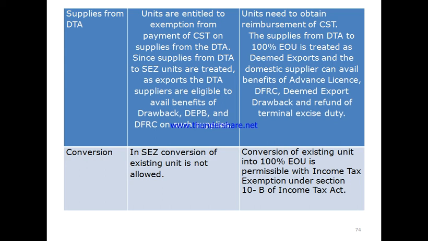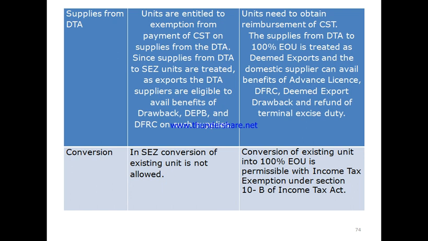Therefore we can say the decision of operating in any of the areas, that is your SEZ, or export processing zone, or export oriented units, can be taken on the basis of only SWOT analysis. It means you need to do a strength, weakness, opportunity, and threat analysis of the duties, schemes, or the benefits you are getting in SEZ and EOU, and then you will need to decide which scheme we need to follow.